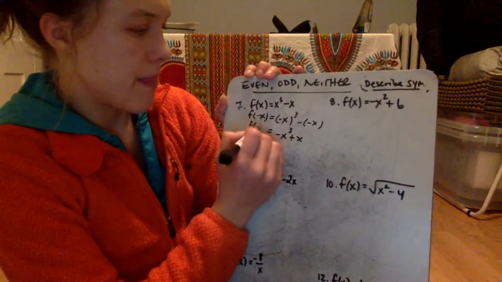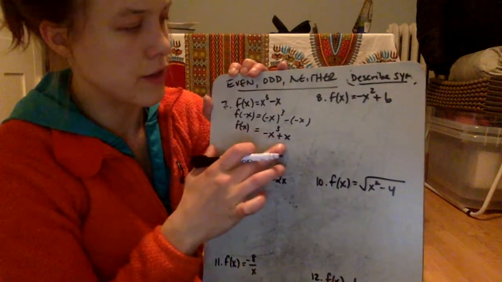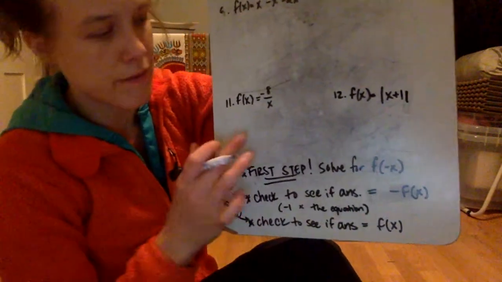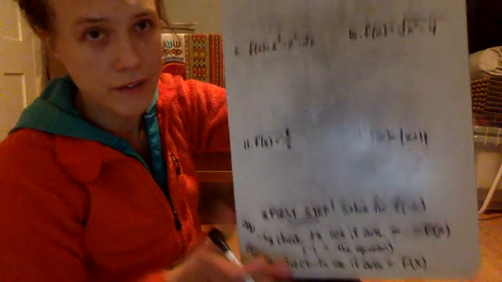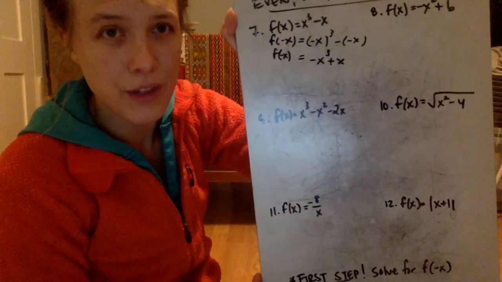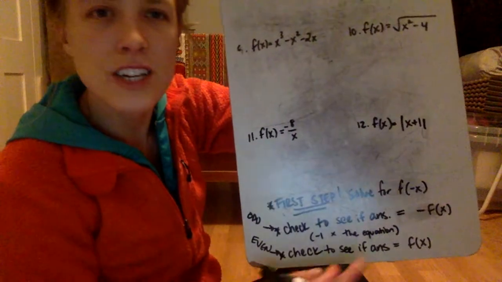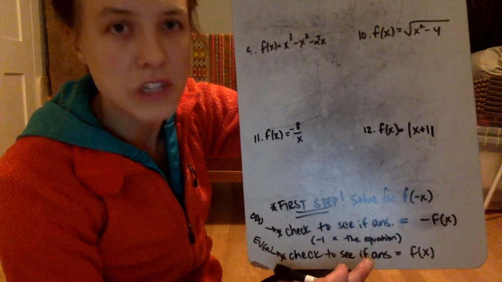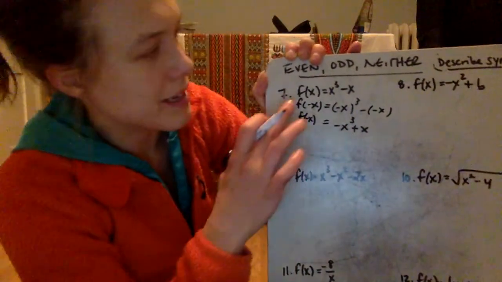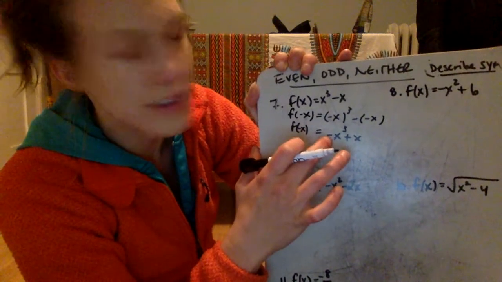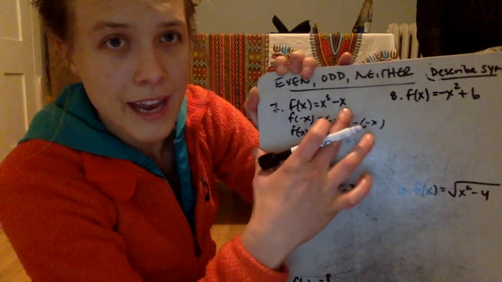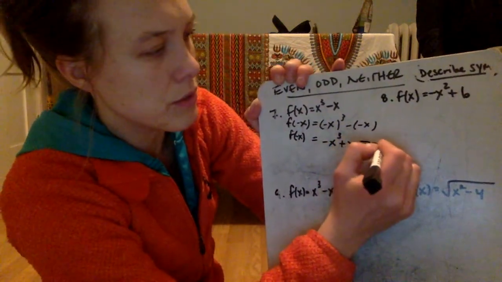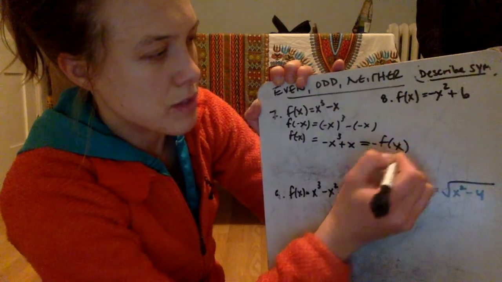So I got f of negative x equals negative x to the third plus x. Now I check my second step. My first step was to solve, and I got negative x to the third plus x. Then I check to see, is that answer equal to negative f of x, which is negative 1 times the original equation? And it is, because x to the third times negative 1 is negative x to the third, and negative x times negative 1 is plus x. So this is equal to negative f of x, which makes this